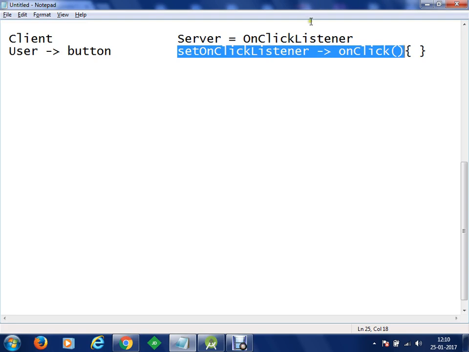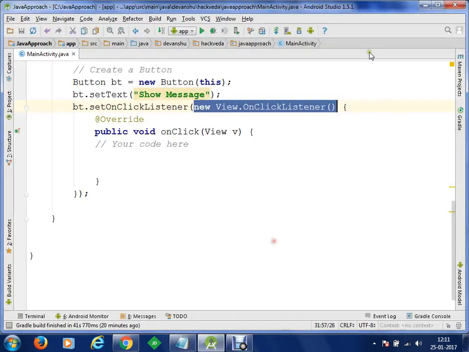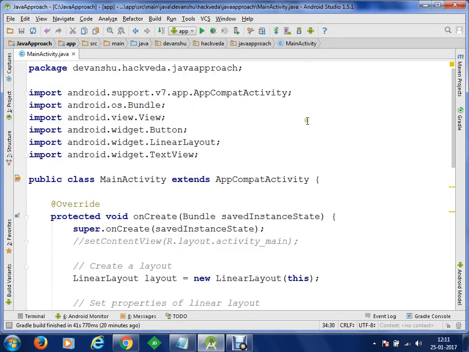Let's say on click listener interface is a parent class and your activity is a child class, and you want to use the functionality of your parent class, which is listening for the events and executing the piece of code. So for this, we need to inherit. But what we are doing here, we are not inheriting at the moment. यहाँ पे हमने कहीं inherit तो किया ही नहीं है कुछ. We are just inheriting activity. We have not inherited on-click listener interface.